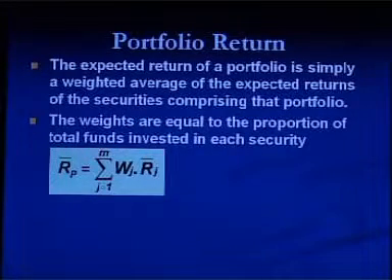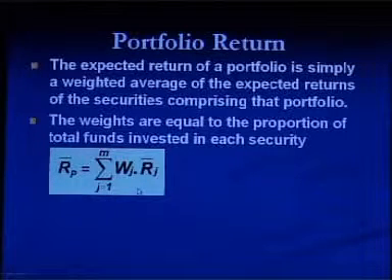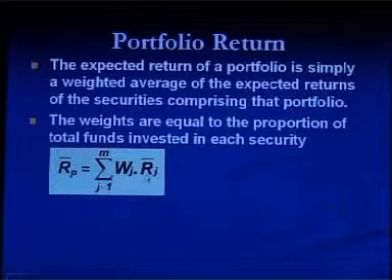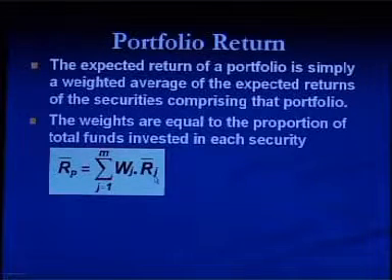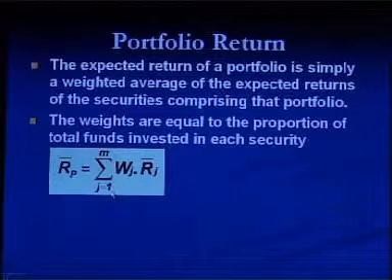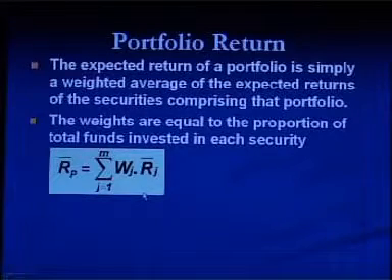Now, we can use this particular formula to calculate the portfolio return, where Wj is the weight or proportion of funds invested in security J, and R bar J is the expected return of security J, where J can be any number of security from 1 to m in the portfolio. Now, for example,